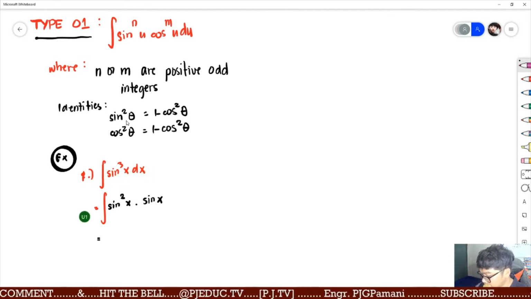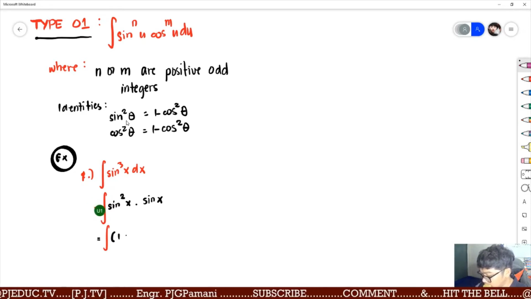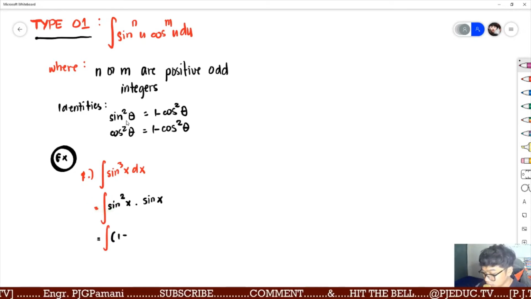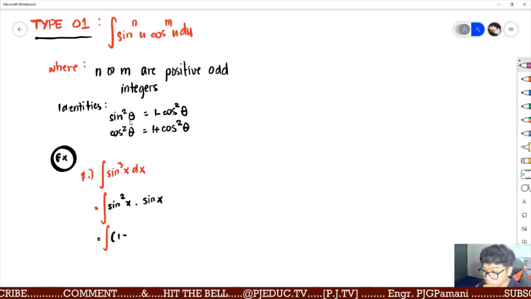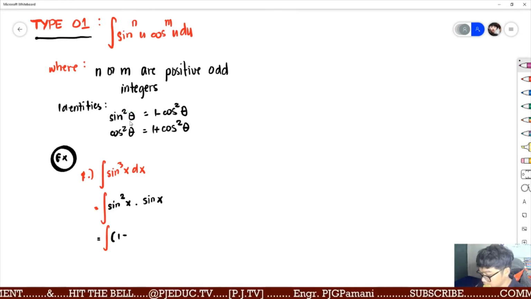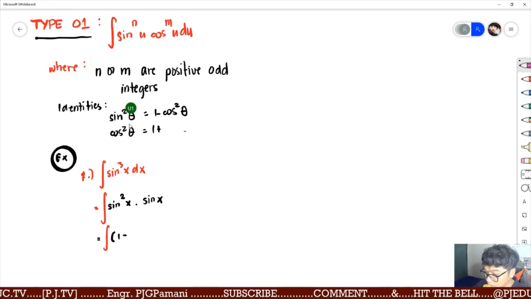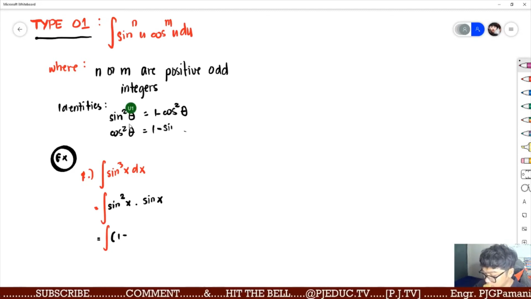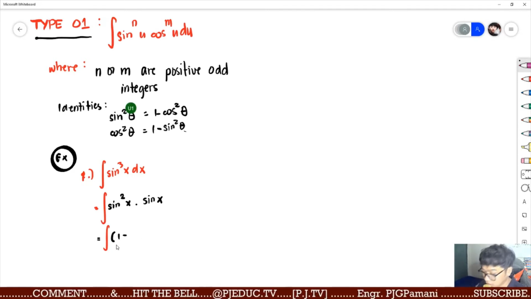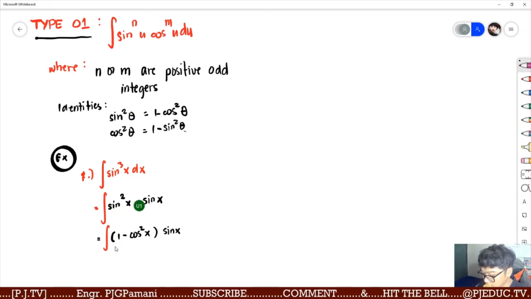Knowing that that is already sine squared x, we can also express that as 1 minus cosine squared x times sine x